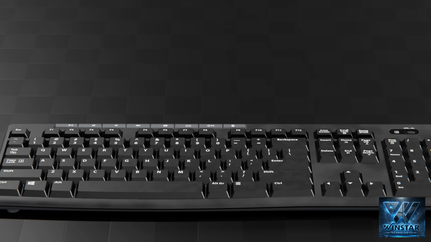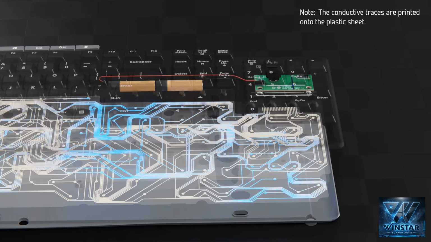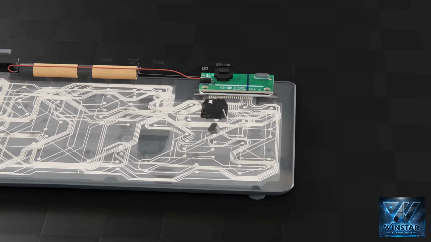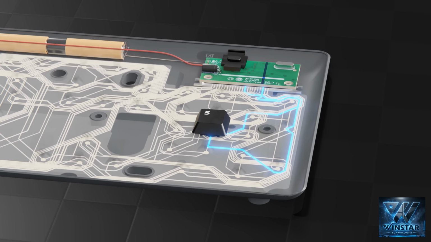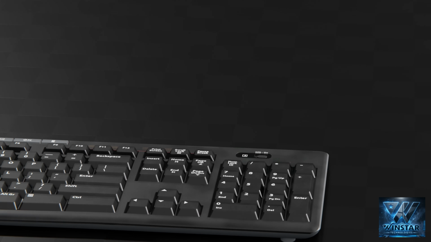Additionally, here's what it looks like inside a basic keyboard, with plastic traces that carry electricity to each key, and when pressed, that key completes a circuit which is sensed by the processor up here. That's pretty much it for what